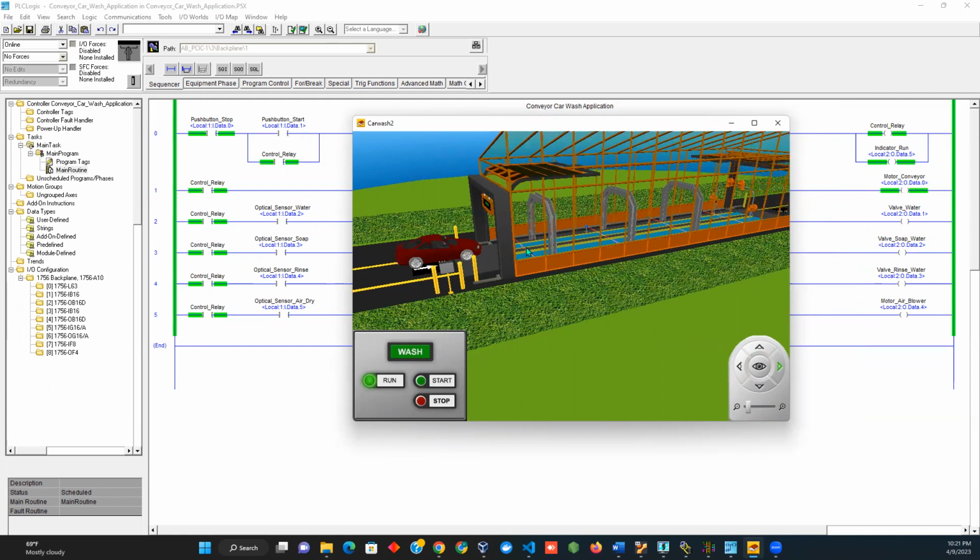As the car crosses this optical sensor for water, the water will start coming down onto the car. As the car crosses here, the swab will come down onto the car. Then this will rinse the car with the water, okay? And the blower fan will turn on from the last one. There you go. That will take the water out of the car. And as the car gets out, the process ends and the gate will remain closed, waiting for the next